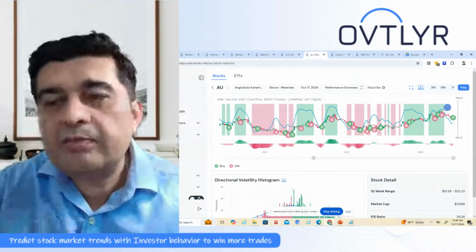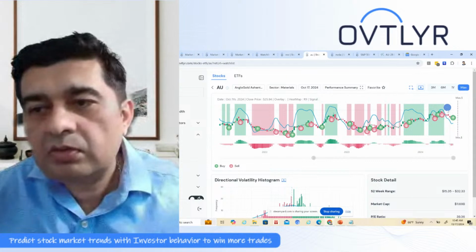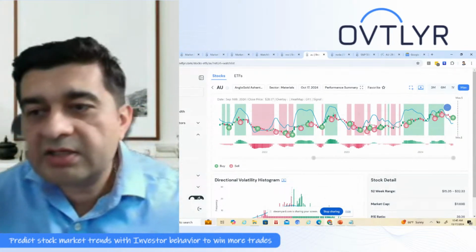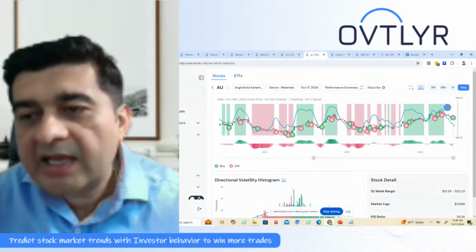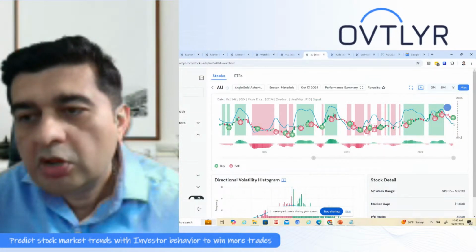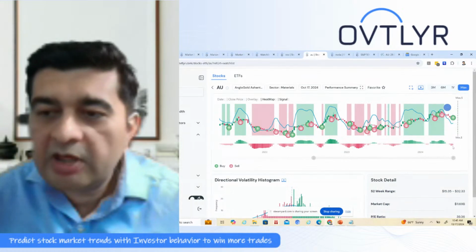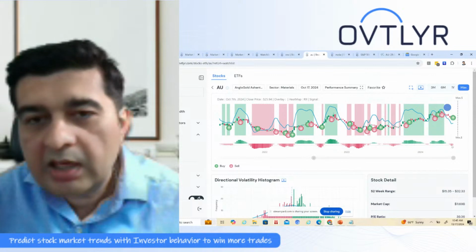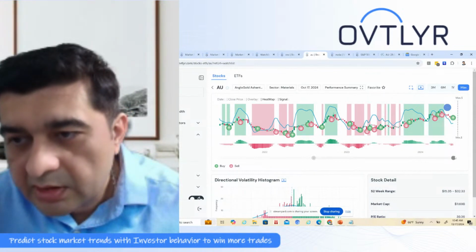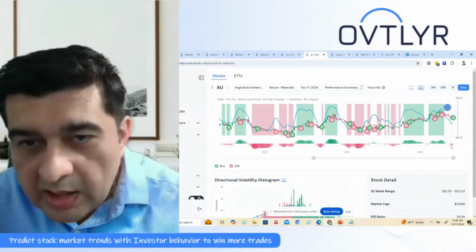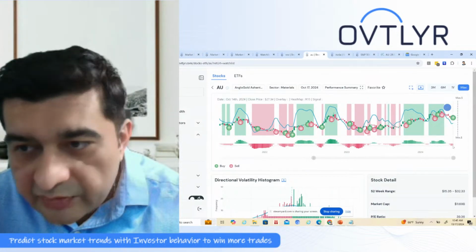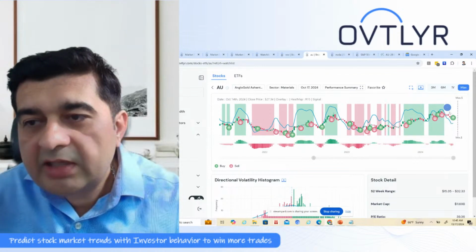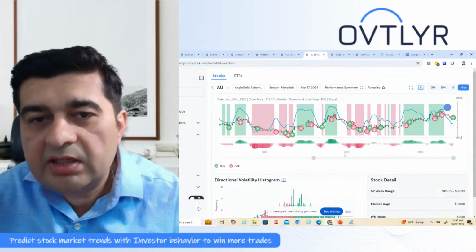If that happens, I will not get into this stock because in the near term the price will head in the downward direction. But right now, as you can see, it has changed direction. It has started to go up. So this is a good bet in my opinion. Plus, if you see the heat map values, they are from R9 to R15, which is actually less. So right now, this stock is interesting to me.